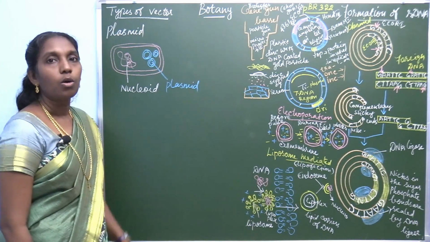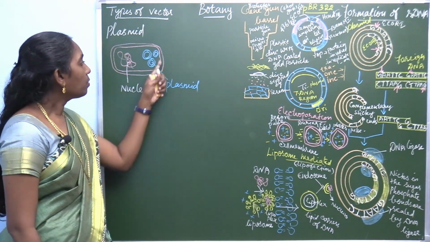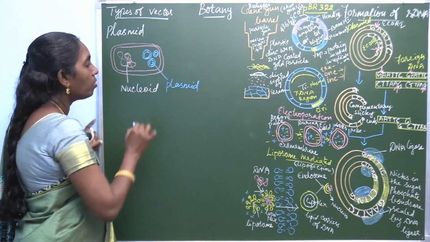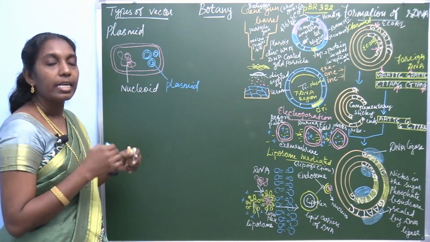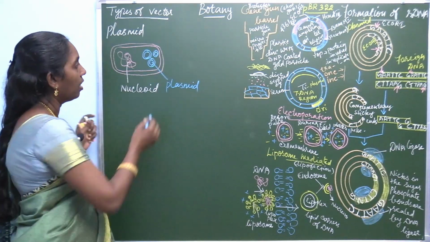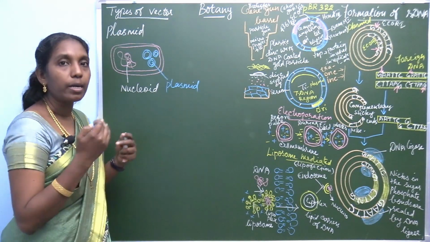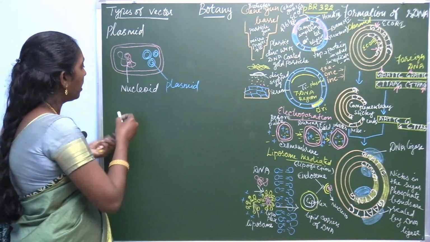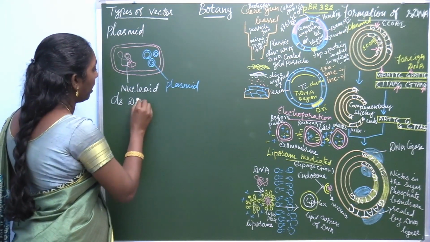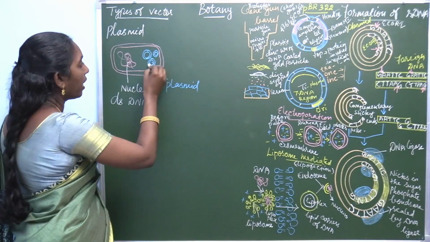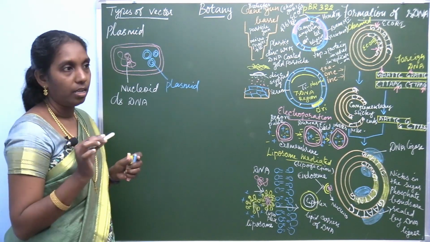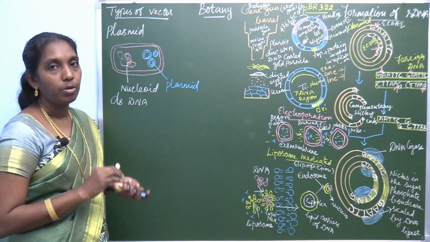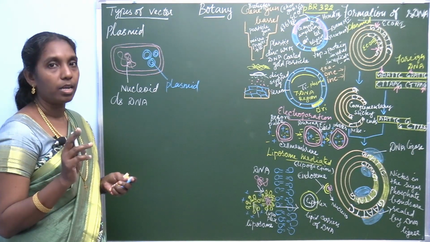So, first question, what are plasmids? Plasmids are extra-chromosomal DNA capable of self-replicating. These plasmids are self-replicating double-stranded DNA, dsDNA. This is double-stranded circular DNA, that is the vector. So, first write about the plasmid, a very important question, either 2 mark or 3 mark.